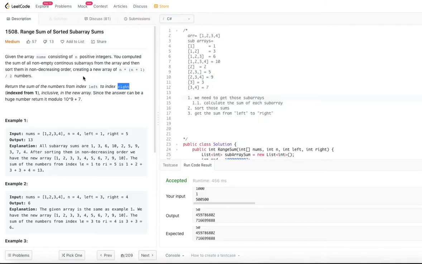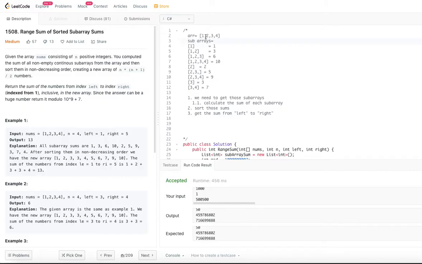Just to give you a better understanding, I took an example, 1, 2, 3, 4. We are told contiguous subarrays, so whatever subarray you pick, the elements have to be continuous.